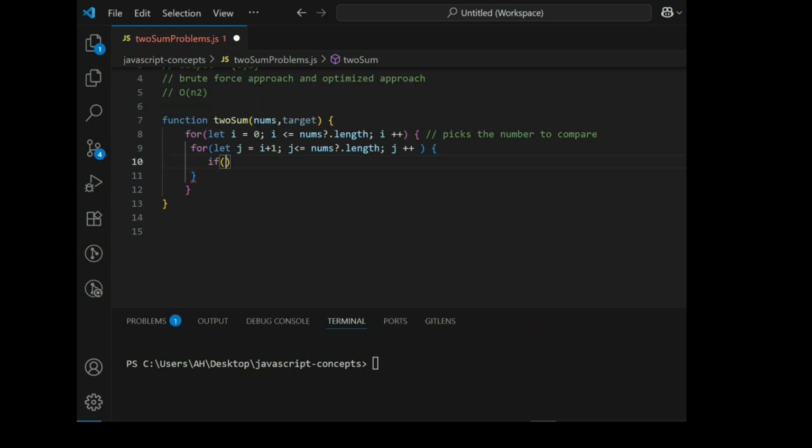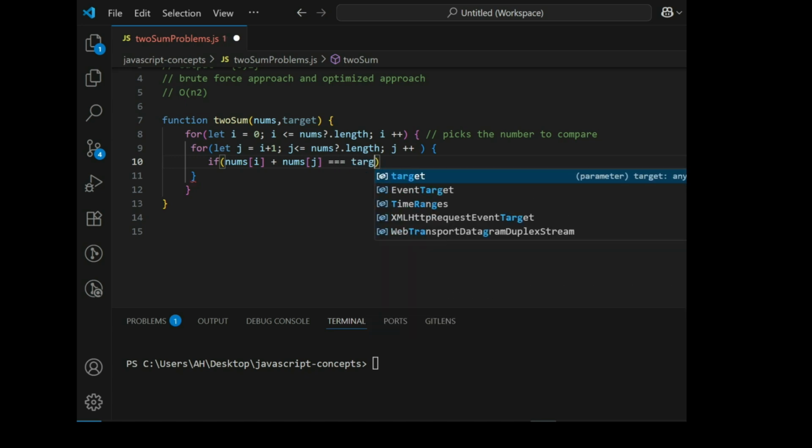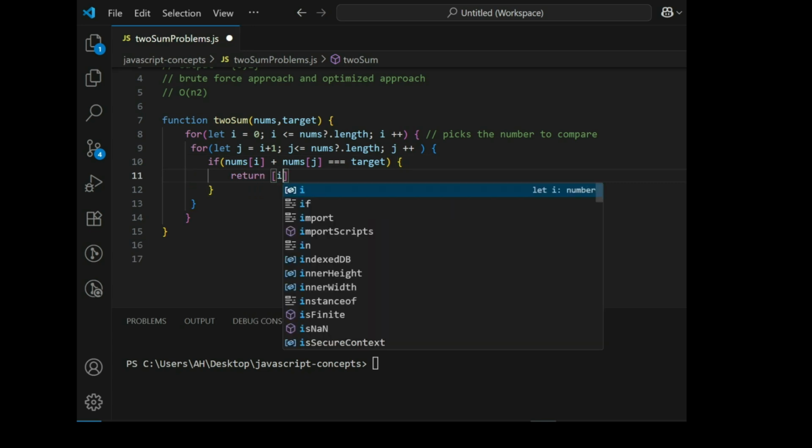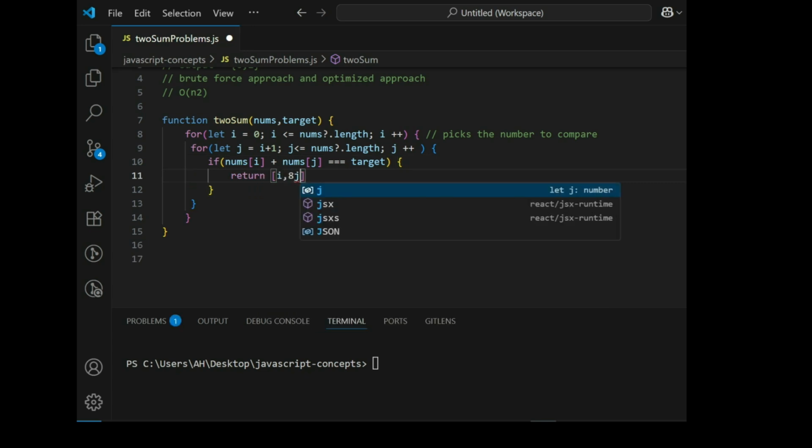After that, I will compare nums of i, the previous index, added to the next index, which comes from j, that is i plus 1. If the sum of both is equal to the target value, then return the indexes. So the first index will be i and the second index will be j.